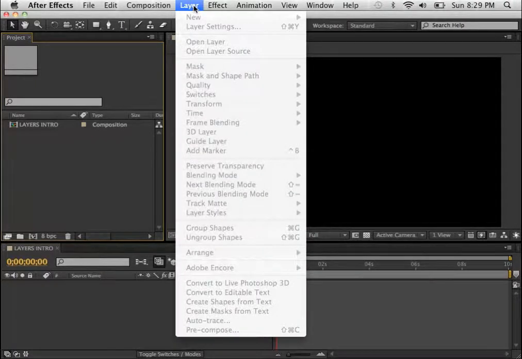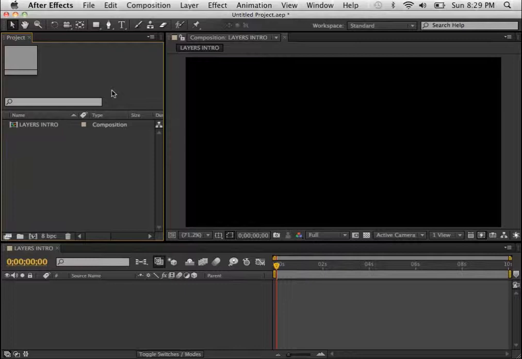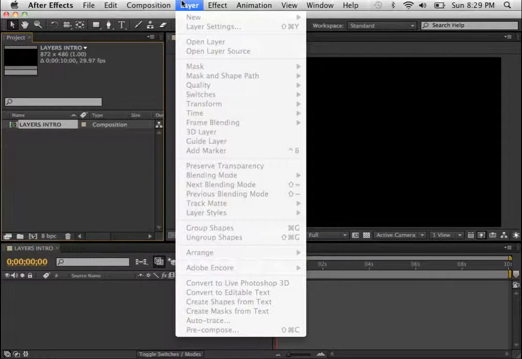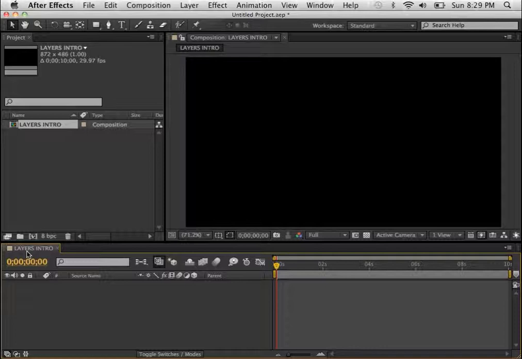menu. And as you can see, I go to my layer menu and nothing is available for me. This is because the only thing that I have selected right now is my project window. I don't even have anything selected inside here. Even if I did, if I had my comp here selected, I still get nothing. The only way for me to get any access to the layer menu is by actually having the composition timeline